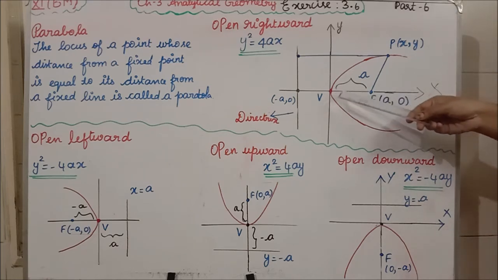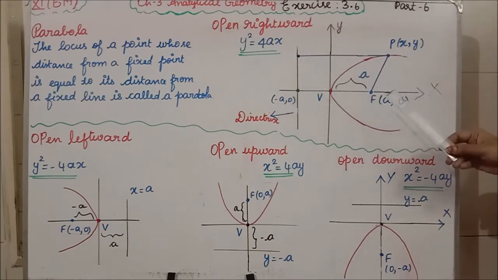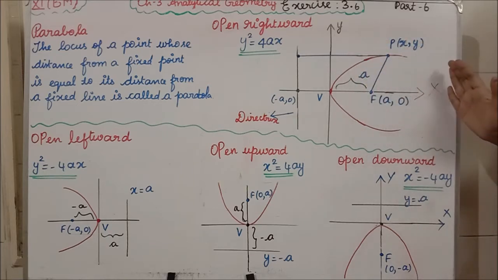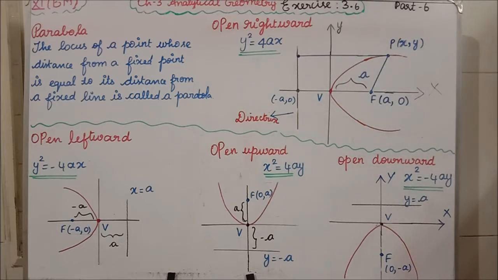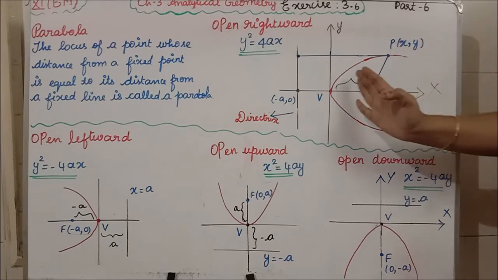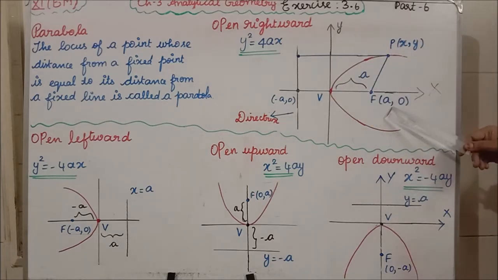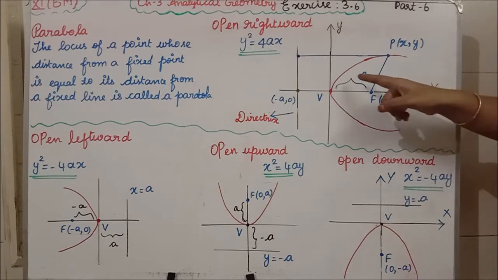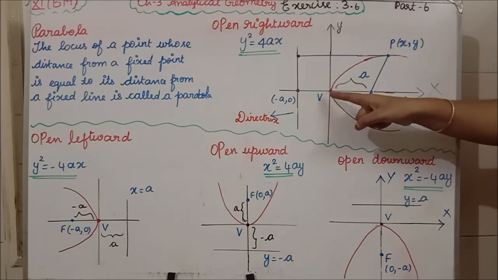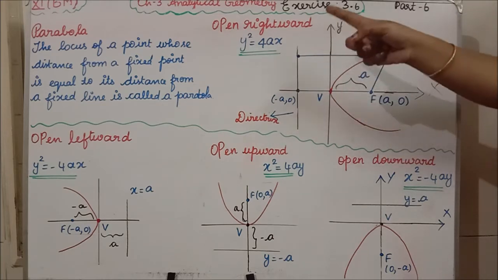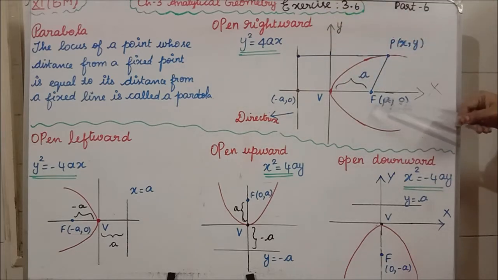Whatever the distance, the same distance is on this side also, but when you see this side, you will be writing the x-axis as positive, and that side, when you are drawing the graph, will be negative, isn't it? So if it is (a, 0), then it will be (minus a, 0). Do you remember how we draw the numbers on the graph? You write on this side 1, 2, 3, 4, 5, 6, 7 like that. But on this side, after the origin, you write minus 1, minus 2, minus 3, minus 4 like that. So the focus here is (a, 0), and then (minus a, 0).